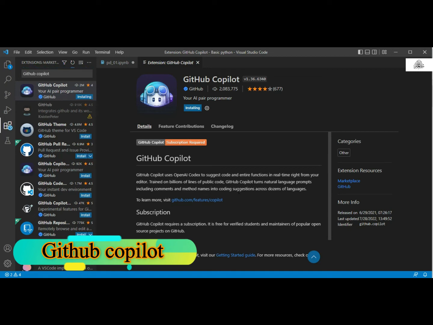Clear? So simply, it means that whenever you write something like df or sns and then dot, the GitHub Copilot extension enables suggestions for what you will do after that. Clear? So it enables you to write the code